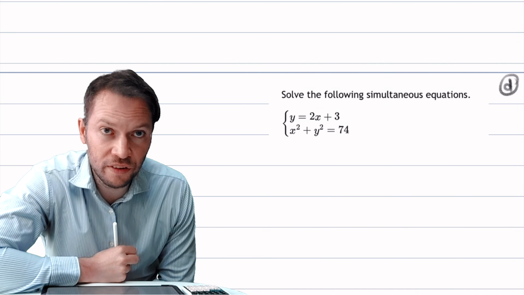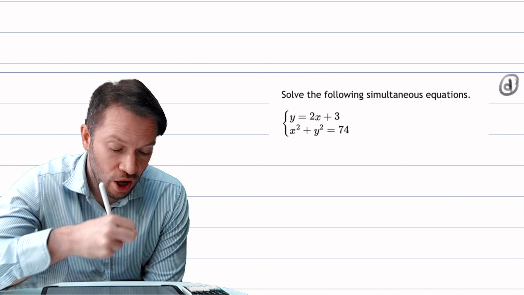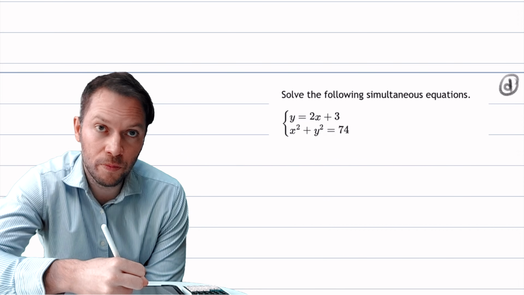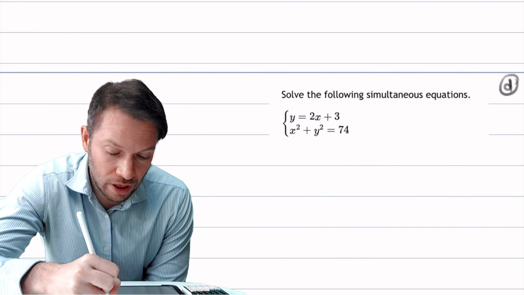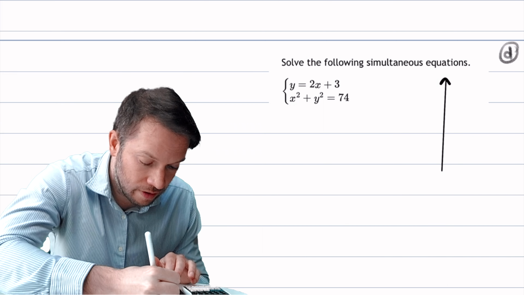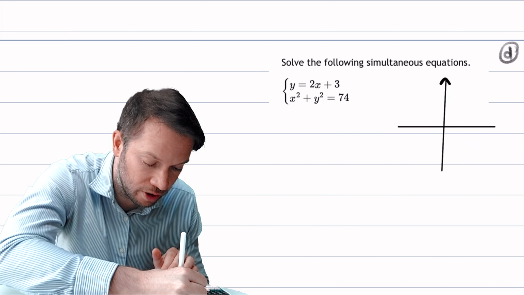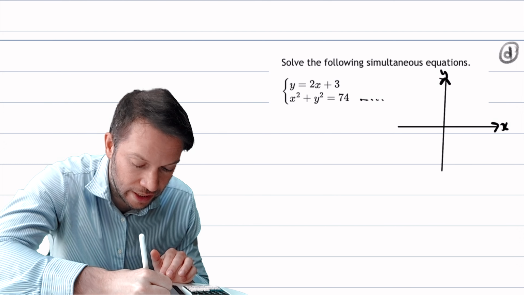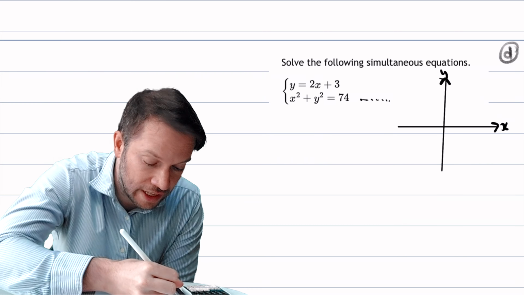Hi, in this video we're going to solve simultaneous equations where one of the equations is the equation of a circle. We explored how to draw circles before, centered at the origin. So, for example, this second equation, it's not part of the question, but if we were to draw this second equation here, it would be a circle centered at the origin,